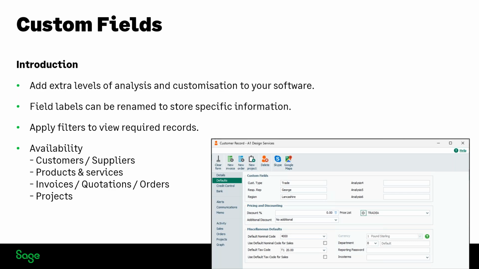Now, availability wise, you can apply custom fields in customers and supplier records. You've got it available within products and services. Now, for products and services, that's not available on the essentials level of the software. And then you've got invoices, quotations, and orders, which is one of the newer areas where analysis fields or custom fields have been added to. And then also, if anyone uses the projects option